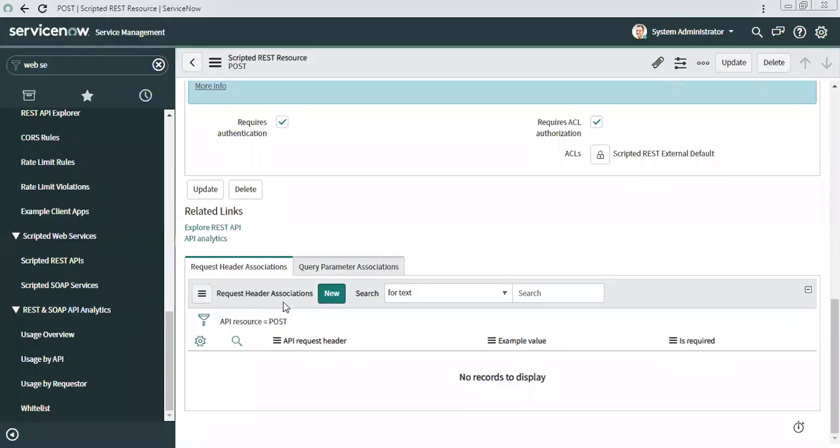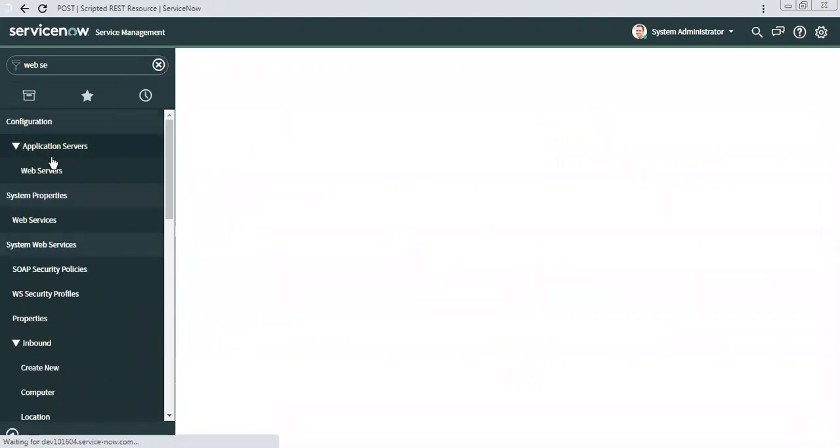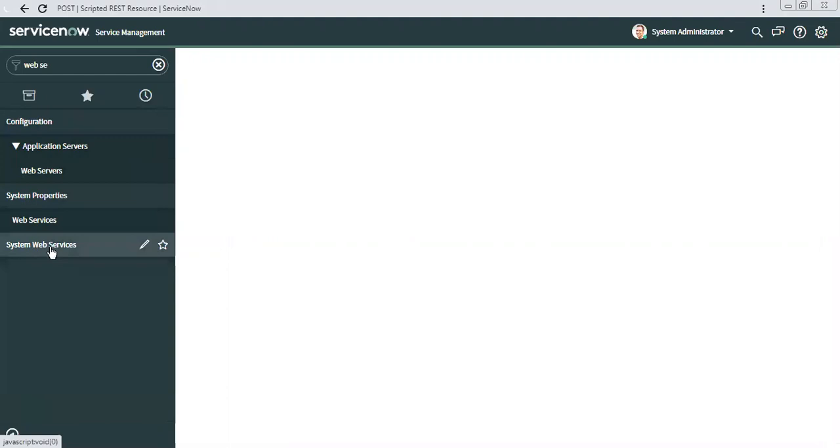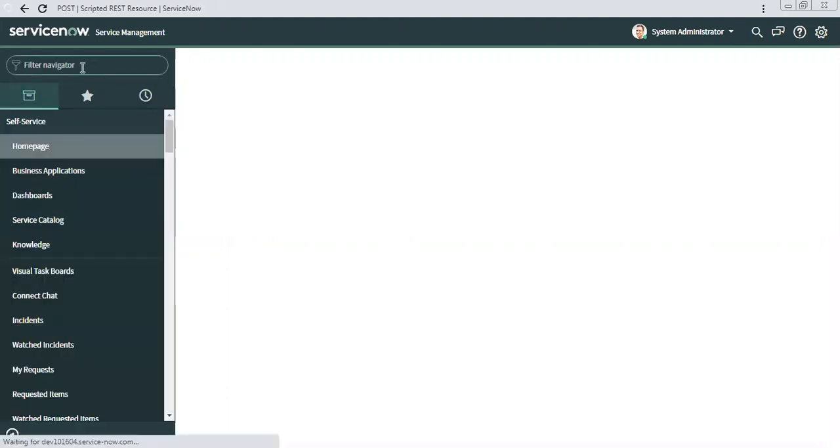Okay. So I have to write each and every line of code in this API to tell when to send a successful response, when to send an unsuccessful response, when to send what message, when to send what error, all those things. So we will go to our previous example, that was creating the servers through the scripted REST.